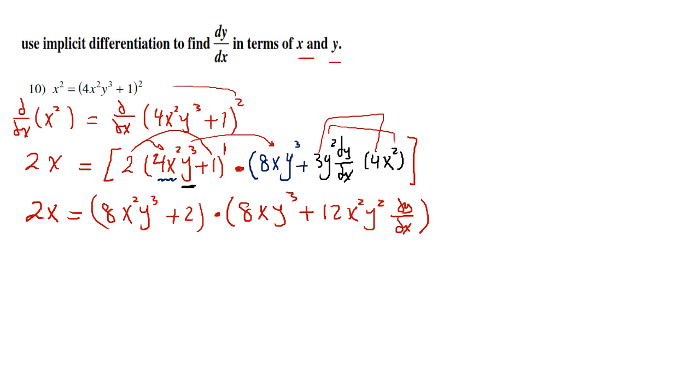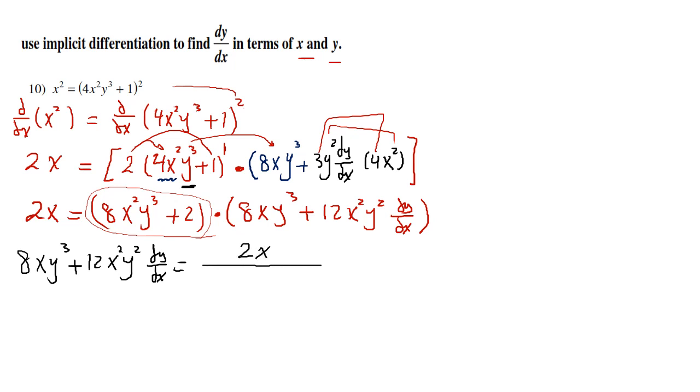So I can move this part to the other side by division. So I can write that (8xy^3 + 12x^2 y^2 dy/dx) is equal to